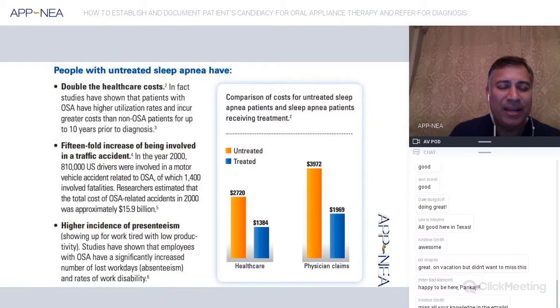We know that it literally increases healthcare costs, and then eventually it has to be passed on to everyone else. So everyone's healthcare cost goes up in premiums and increased deductibles, because the insurance companies have to make their money and they have to pass it on to someone. So it's everyone. We also know that untreated sleep apnea and sleep deprivation has a 15 times increased likelihood of